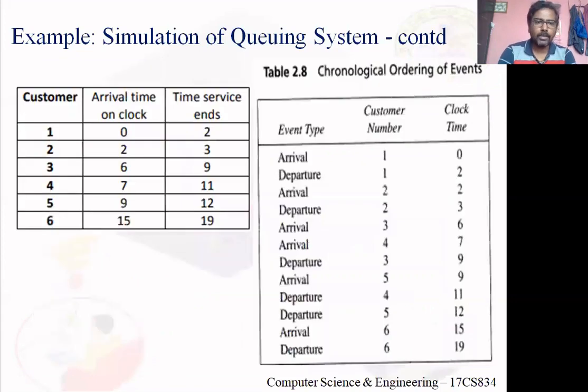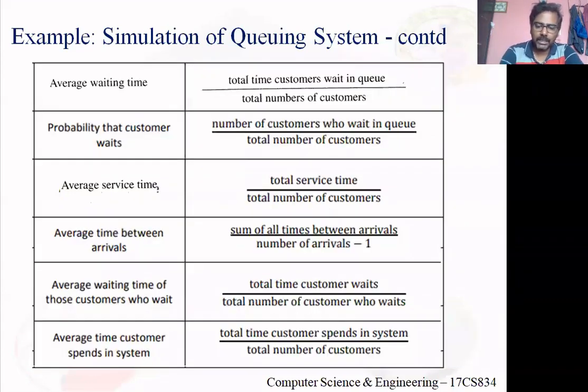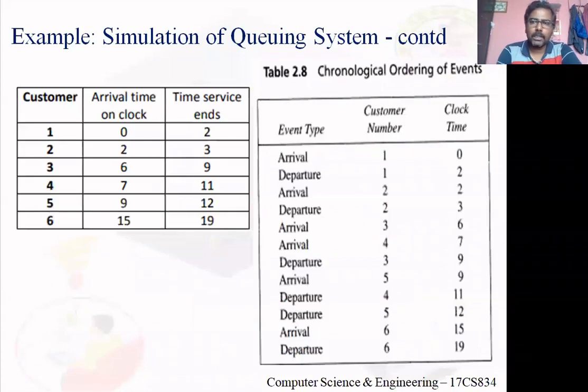Now it's very important. See, at any moment of time, I want to have a look at the number of customers in the system. Listen here, there's one more thing apart from the statistics I've shown in this slide. Now, suppose I want to design a graph. That graph should give me the number of customers in a system at any point of time. Got it? Listen to what I said.